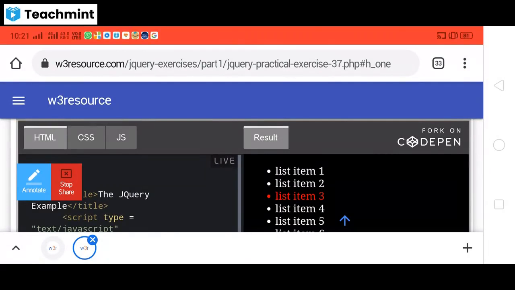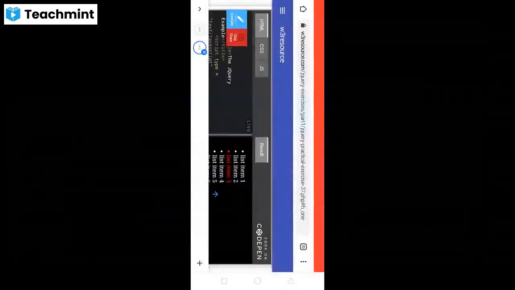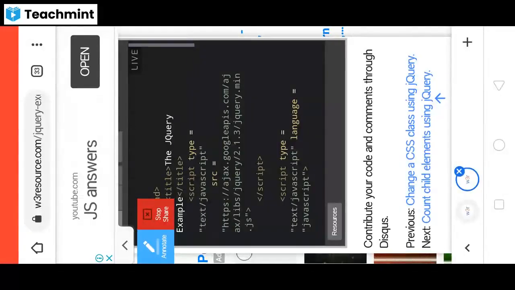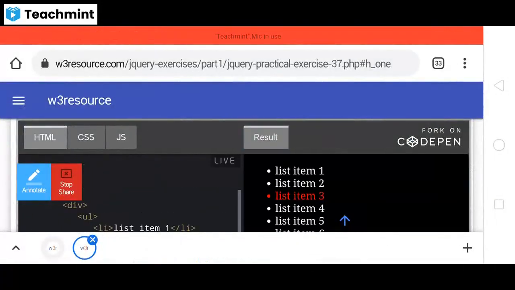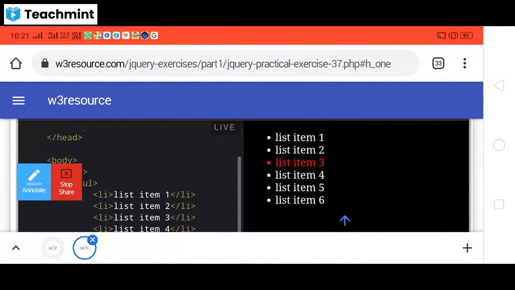Like that, the hotel maintains a website and it is going to list this type of elements. So list item 3 is in the red color.